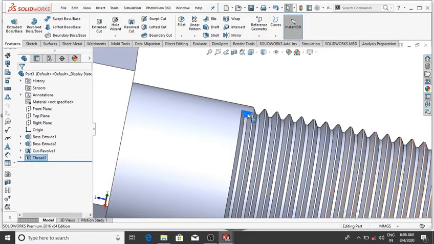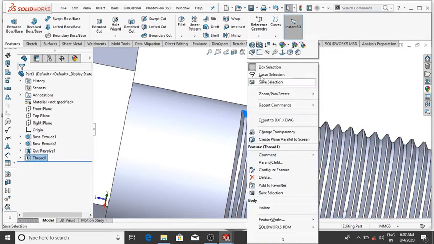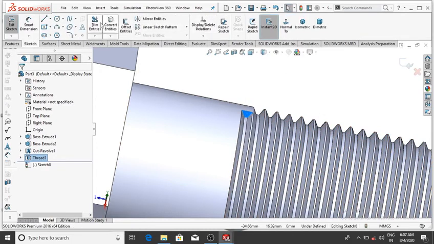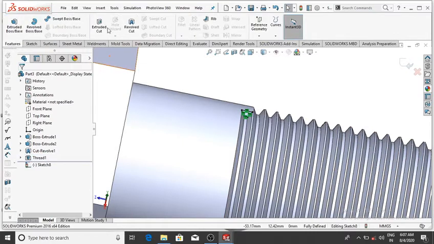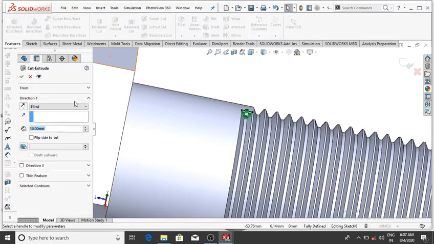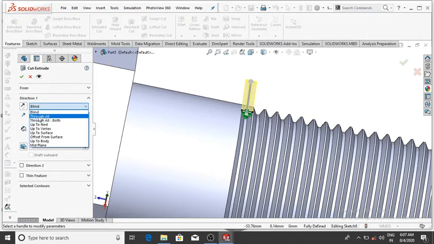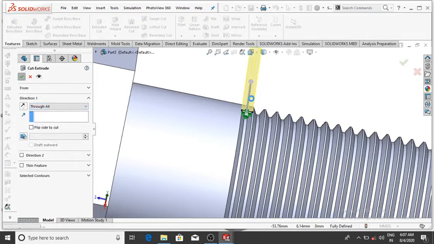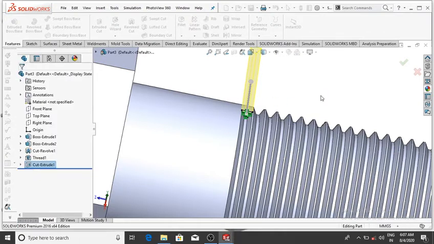So select this face, right click, this sketch. So sketch and make it convert entity and go to the feature and make it extrude cut and select through all, then OK. It will be cut from this face.